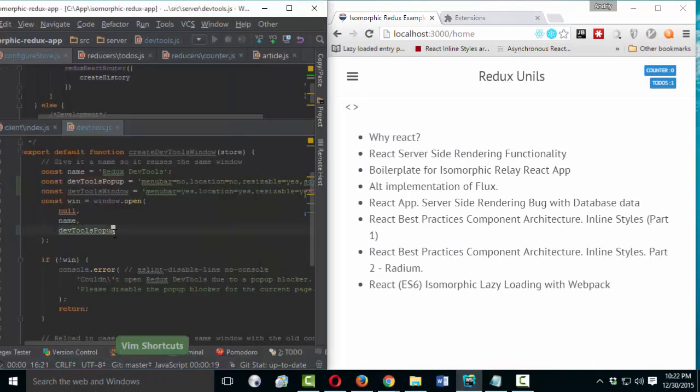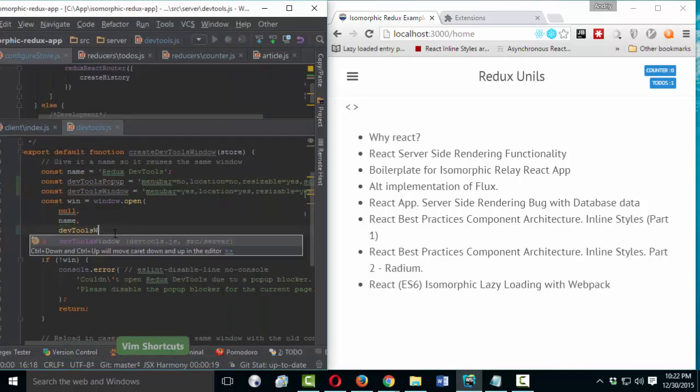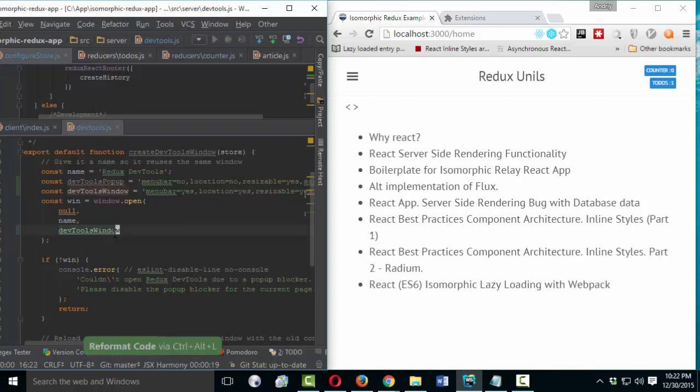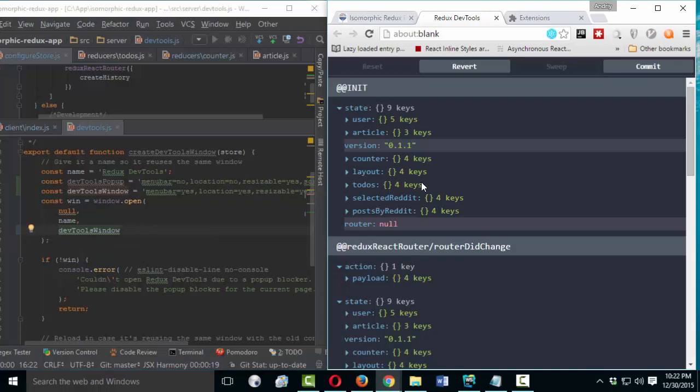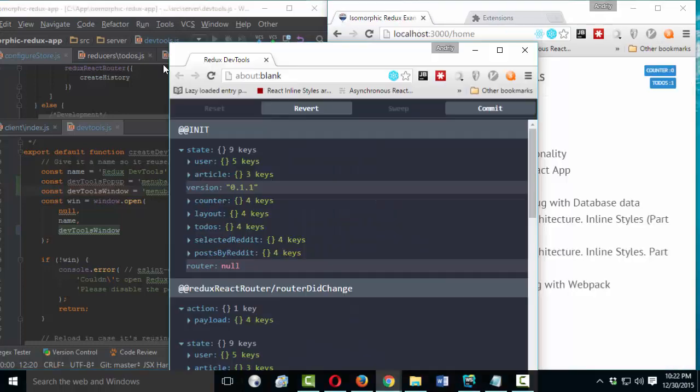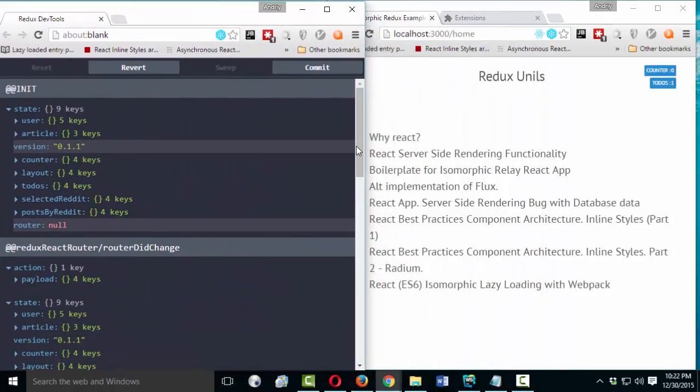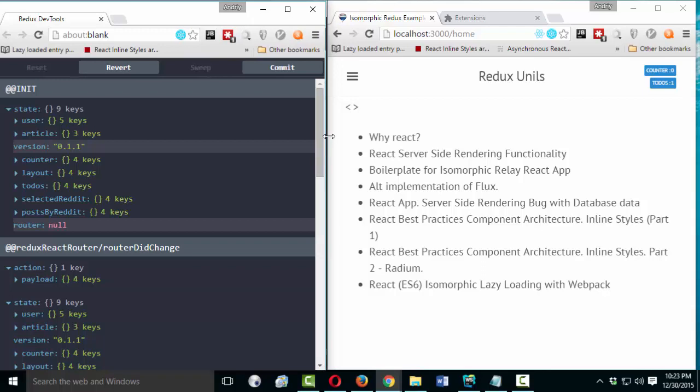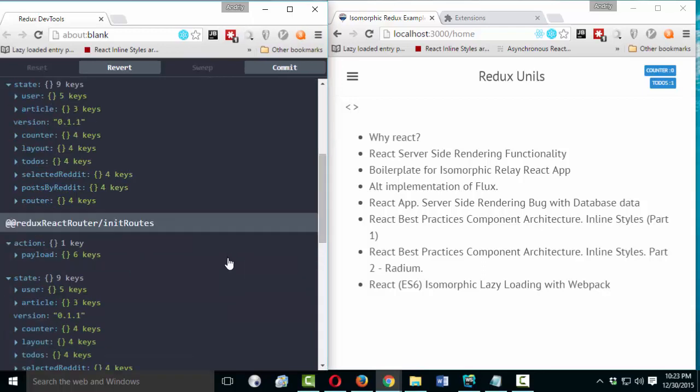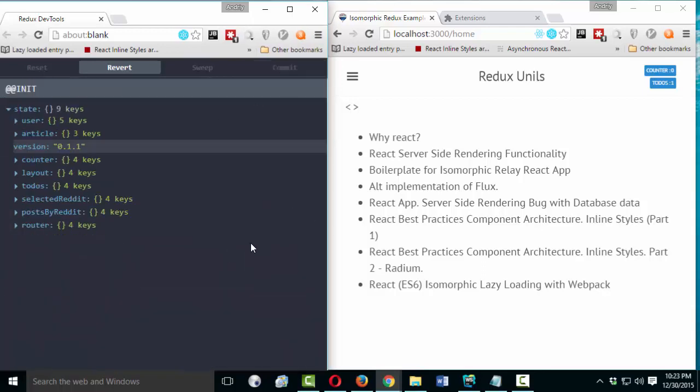I need to switch. Oh, I removed the whole word. Window. Save. I need to reload. Here it is. So if you use window, you will get it open in a separate browser window. Sometimes it's convenient, I have to monitor, so I try to find the best way for me.